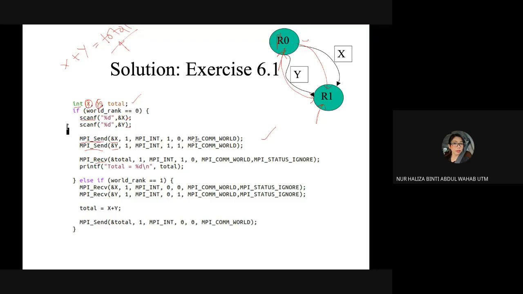You also need to have the MPI world. So this is the rank. So you can see what is the rank. First, you're going to send the X and then the Y value. And your R2 will be a receiver, MPI receive.